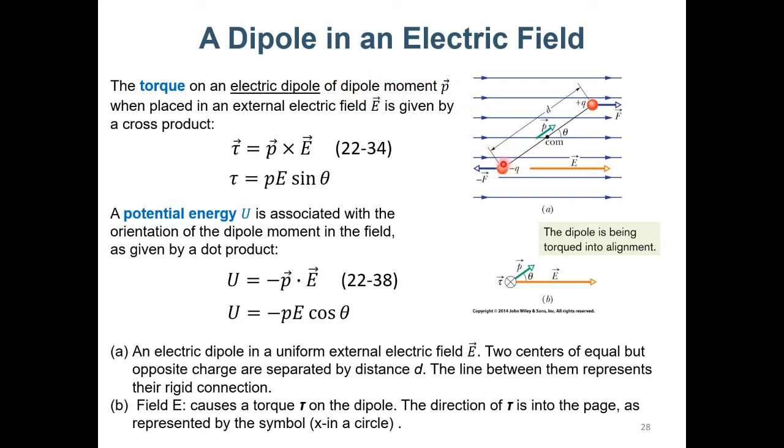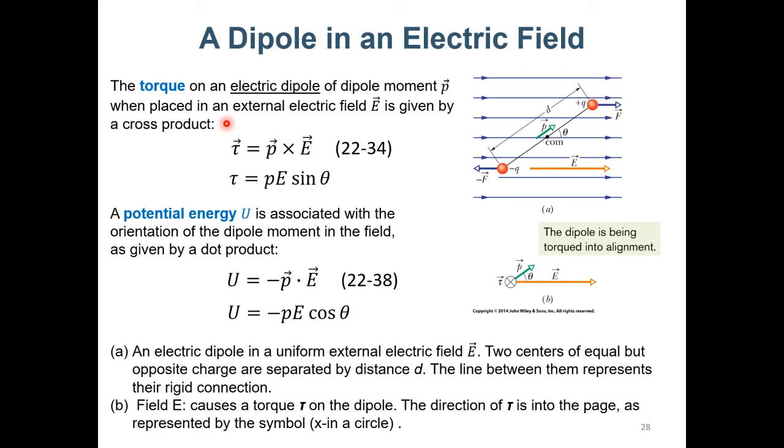The direction is from the negative charge to the positive charge, and the magnitude is nothing but the charge q multiplied by the distance between them, which is qd, and d can be regarded as a vector which has the same direction as the dipole. So now we define another